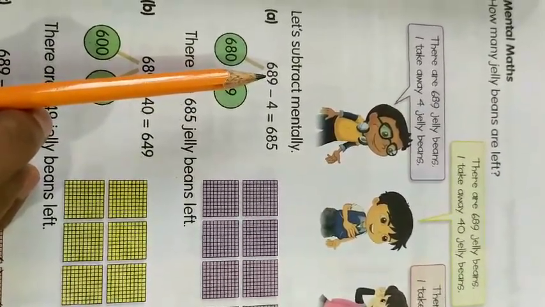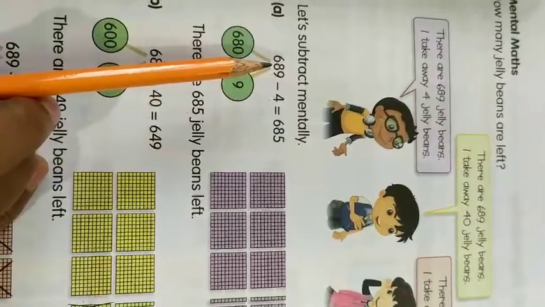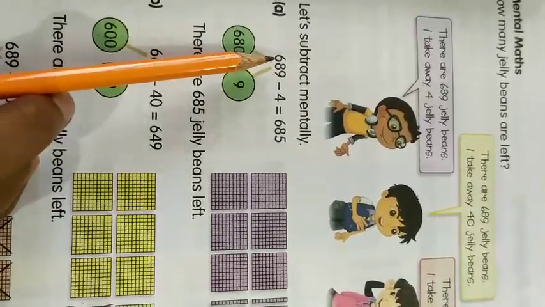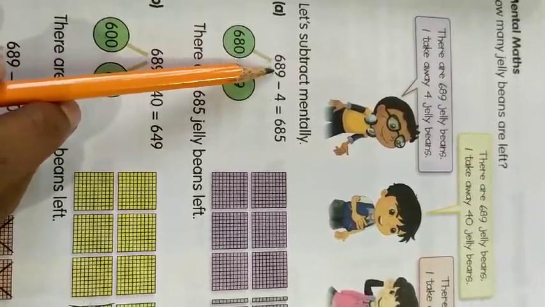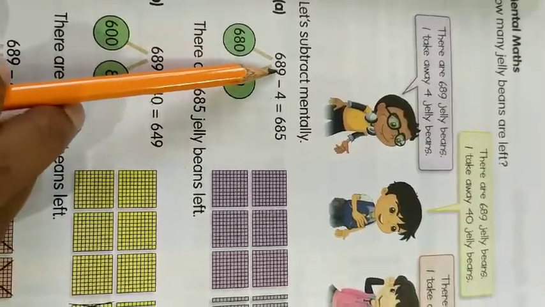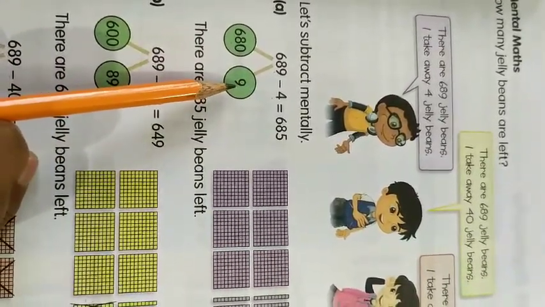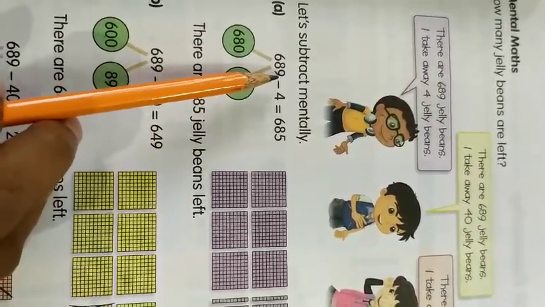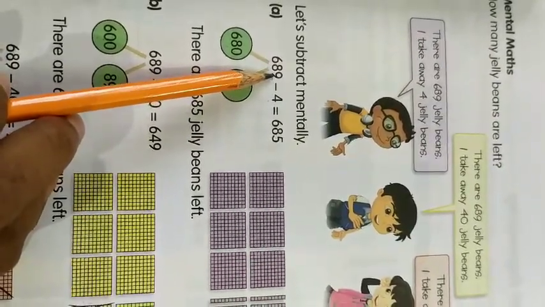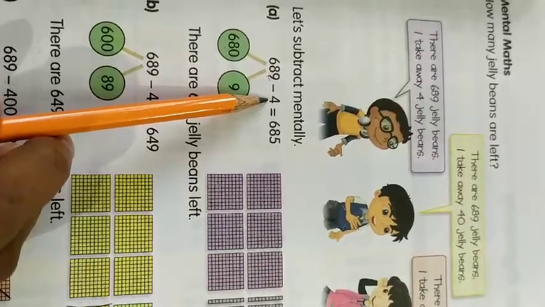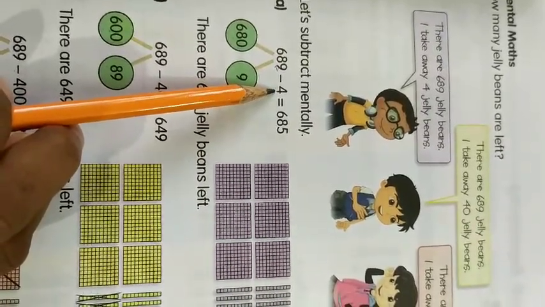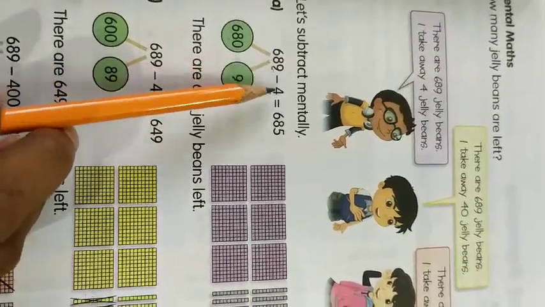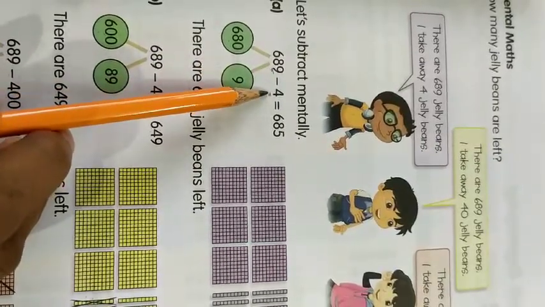Okay, and now we are going to split this into hundreds and tens. So how are we going to do this? 680, we are going to put it here, and the ones which are there, we are going to separate. We are going to split it aside, because we are going to deal with the ones. Here only 4 beans are there, so it is only in the ones place, so we are going to split the ones first. See the ones, 9 and 4.